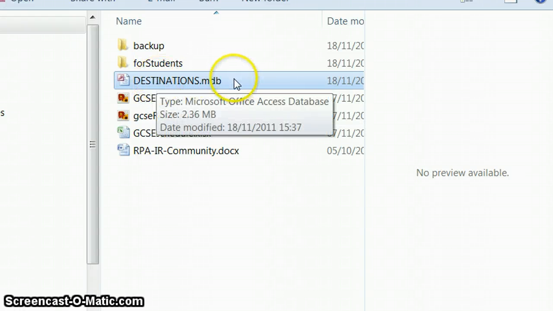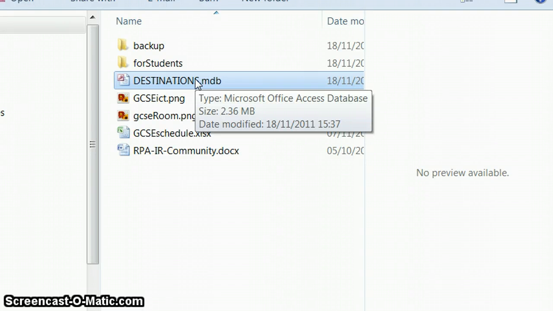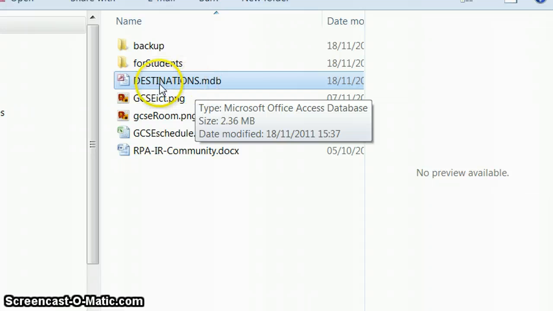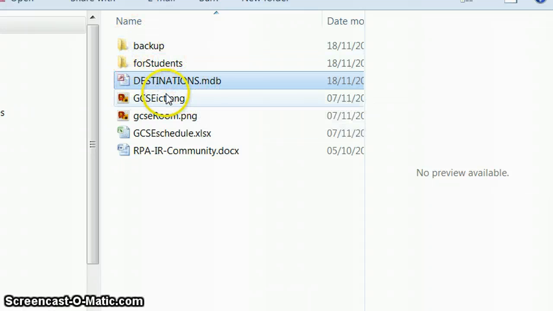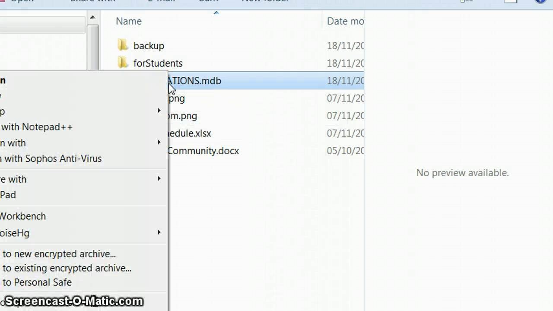This particular database I've downloaded has an extension MDB. If you put your mouse over it, it says it's an Access database type file. Now there's a couple of things you have to realize about databases. Normally you can't just open the database and then do a save as to get another copy of the file. So what I'm going to do with this one, because we're going to make some changes to it, and if some of those changes don't work, we want to be able to go back to the